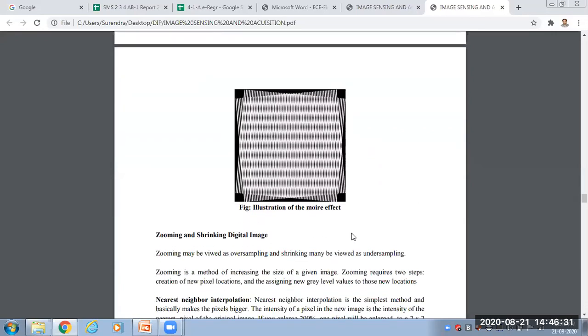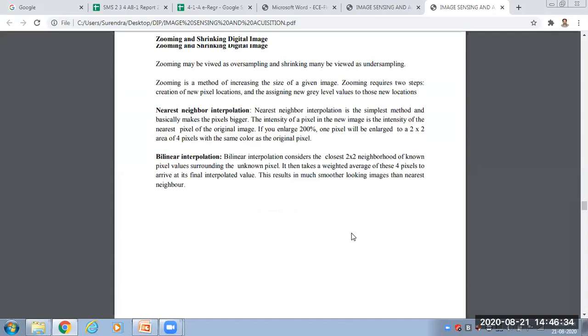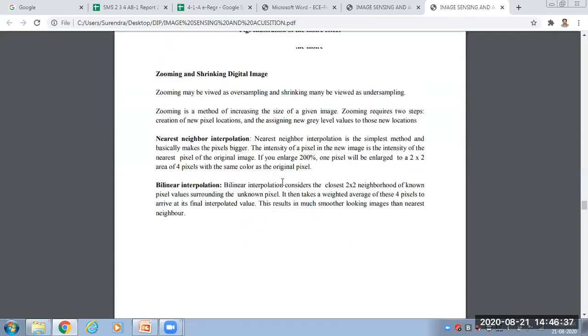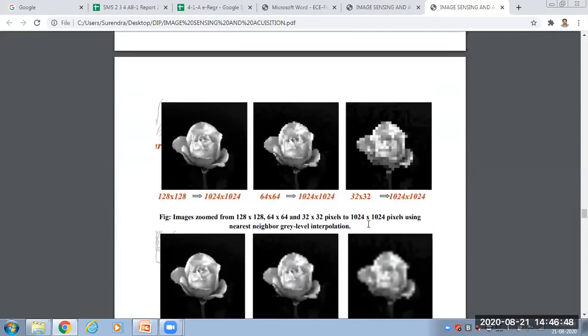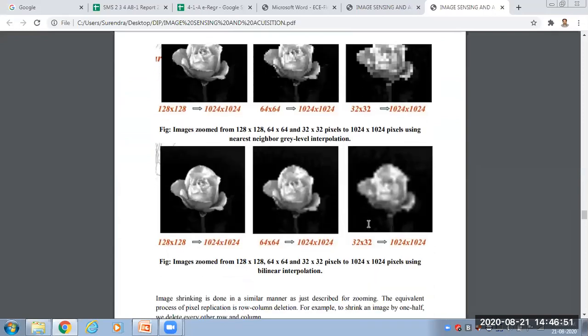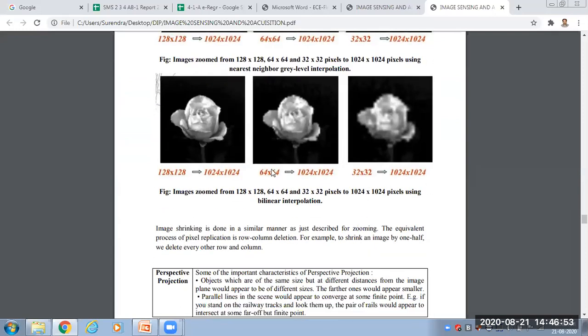And after that, the zooming process or interpolation, zooming and shrinking of digital images. Zoom means enlarge, shrinking means squeezing our image. So what happens in zoom and what happens in squeeze? This is zooming and this is squeezing. Forward is zooming, reverse back is shrinking. If you are enlarging the image, there is a blurring effect. If you are shrinking the image, there is more clarity. So we have completed fundamental steps, components, and image sensing and quantization.